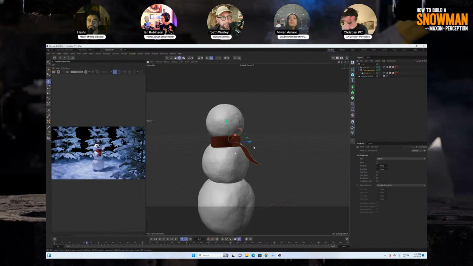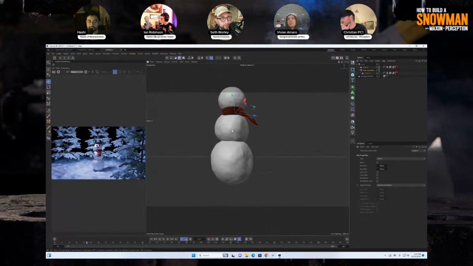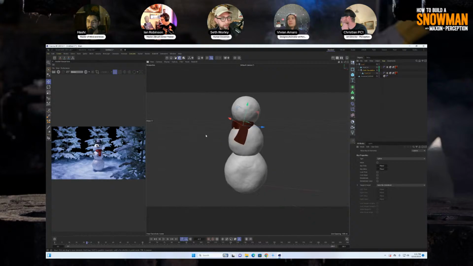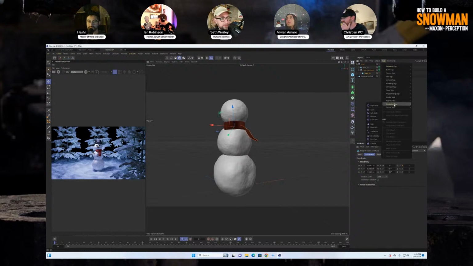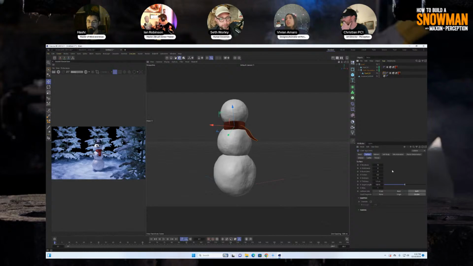All right, so we're seeing from a weird angle, so I wasn't worrying about the back of it. So pretend like we only see this part. And starting from here, I separated these two pieces of the scarf, and all that I have to do is go into tags, simulation tags, and go into cloth. Now in here, if I press play, what's gonna happen? It's gonna fall. And for me to avoid that,